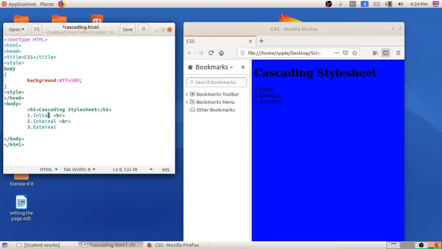Here, if we want to add this background color or font size or font color, anything you can add here, but now I am adding only the background. If you want to divide it into two classes, that is also possible, but it is not available now, so I am not doing that. Okay, so what we have done before, the same thing under the style tag, I have given the color for body. Okay, so I am going to save this.